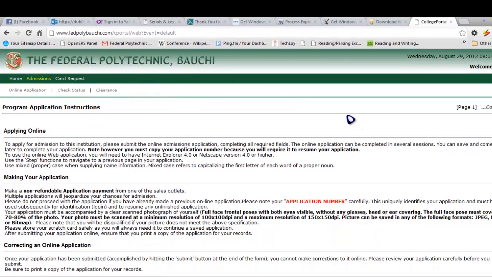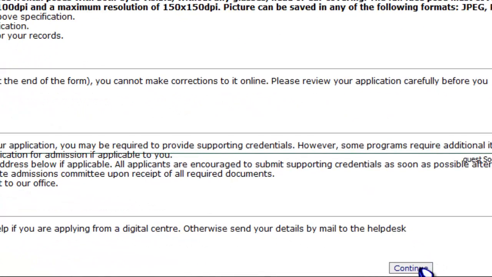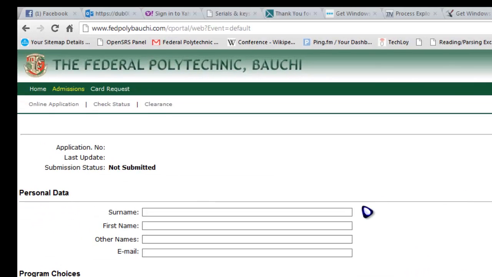It brings you to the instruction page. You can go through the instruction page. When you are done, you click on continue. Now, the first thing you enter is